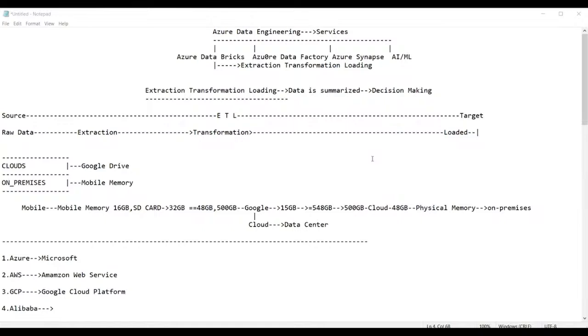But it is asking for a credit card number. Yes, credit card, obviously. That is for the free subscription. It will charge some 2 rupees from the credit card, and the free subscription will be valid for 30 days. After that, you have to go for the pay as you go model, which is based on your usage only.